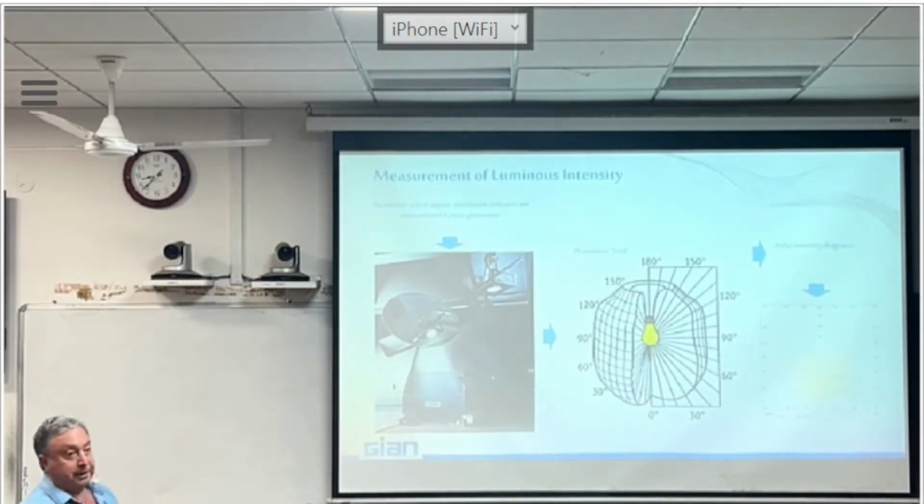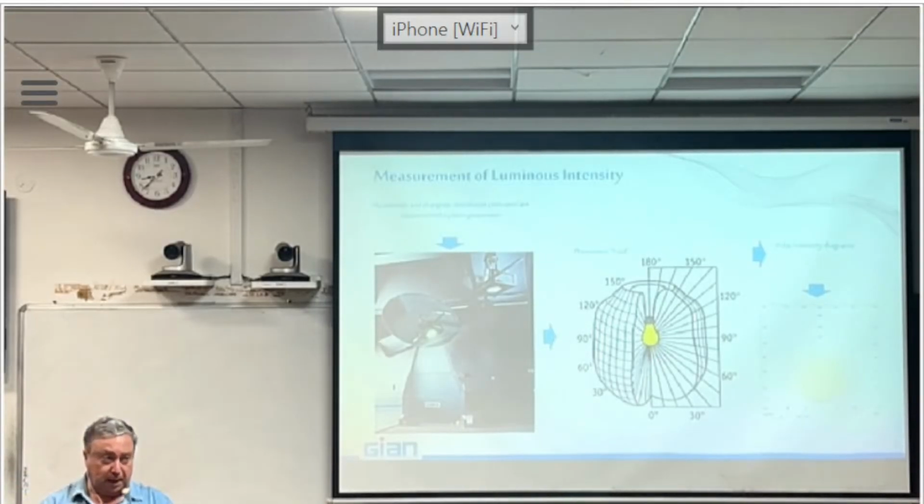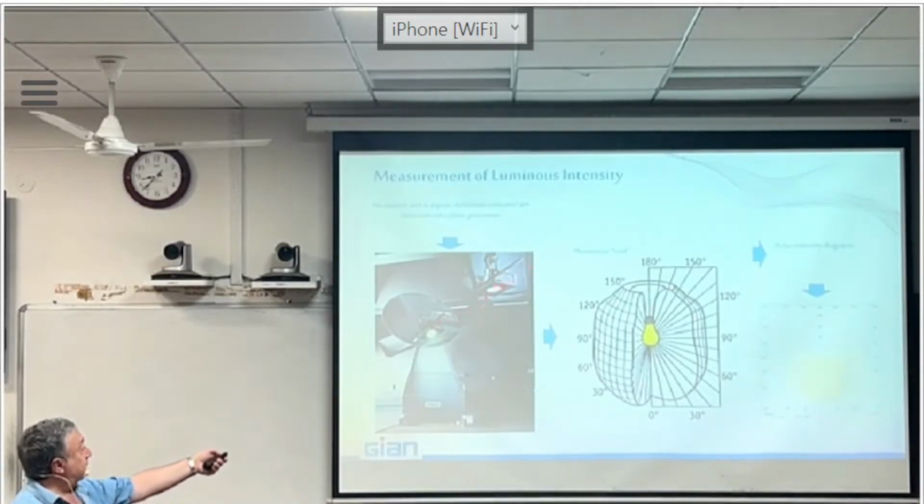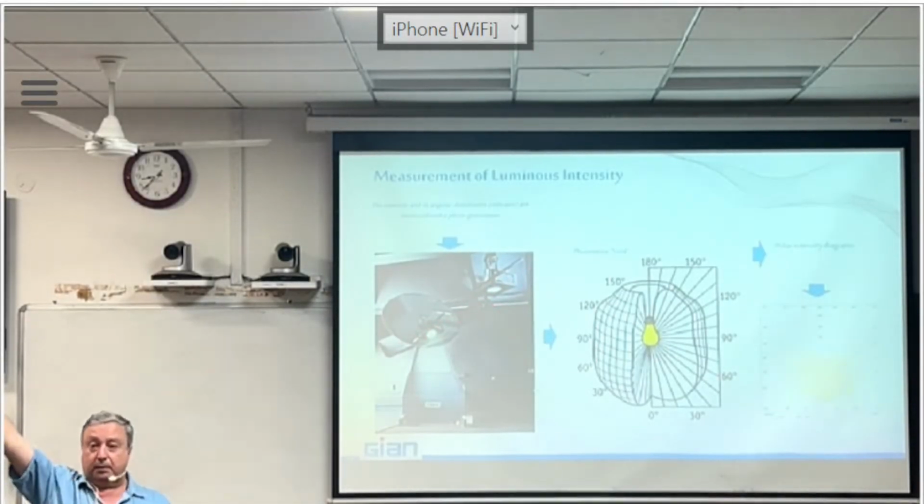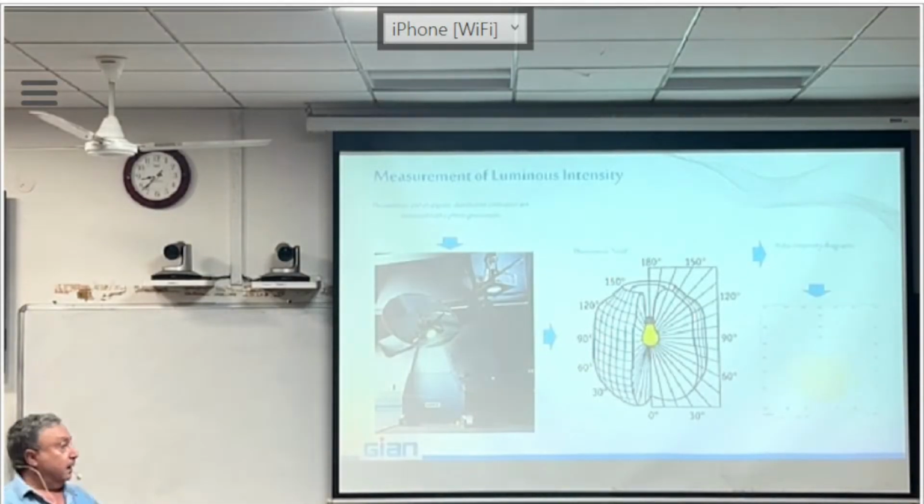How do we measure the luminous intensity? This is much more complex, because to measure the luminous intensity of a lamp, you have to measure the light coming in all directions. And to do that, you use instruments that we call spectrogoniometers. This instrument has to be at least three times bigger than the lamp. Usually, this part here is 3 to 4 meters. The lamp is in the middle,